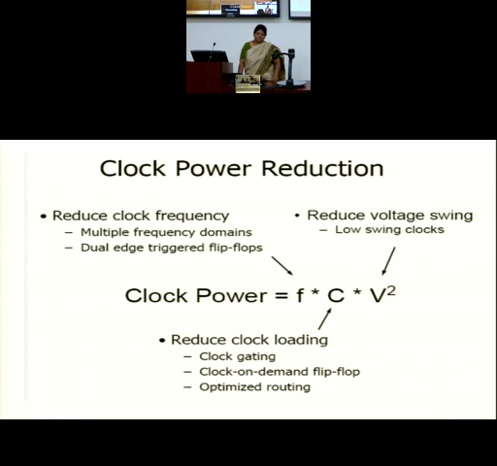So what designers questioned themselves: okay, data path you don't want to operate at a lower VDD, and you do not want to reduce the clock frequency too. All we can do is, because we aim to reduce the power of a clock distribution network, why not operate my CDN at a lower VDD? Let my data path be operating at a full VDD. So let me be working with a dual VDD approach. Let me have two VDDs, VDD low and VDD high, which is possible with today's CMOS technology.